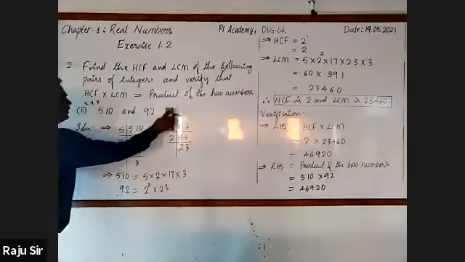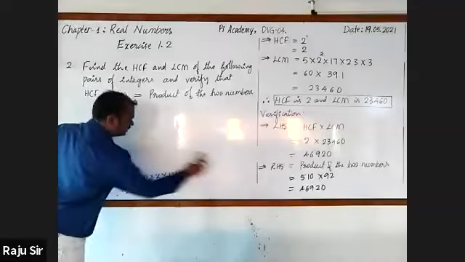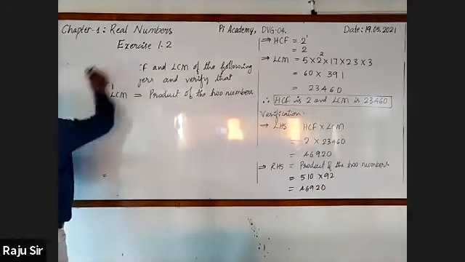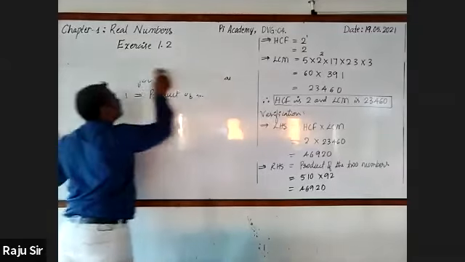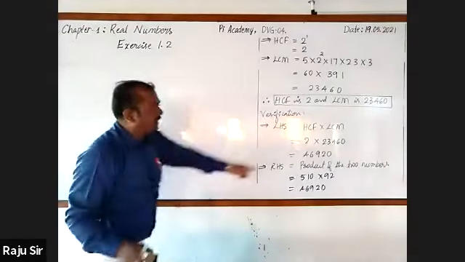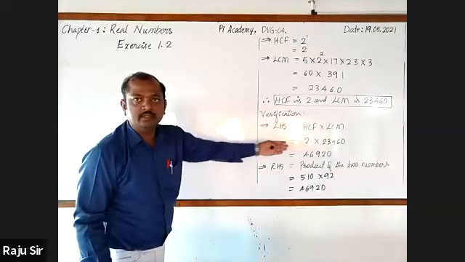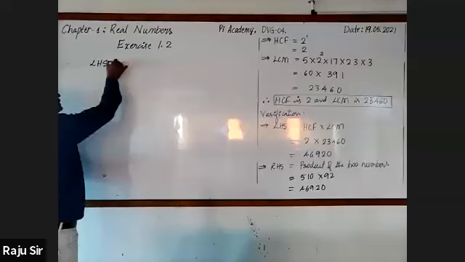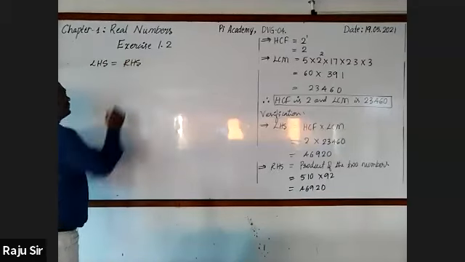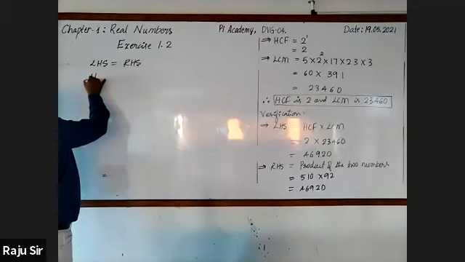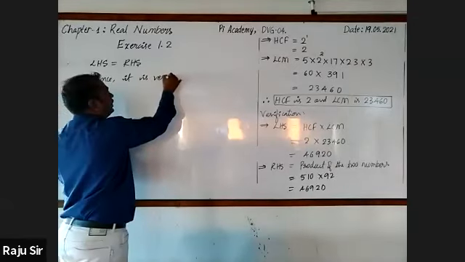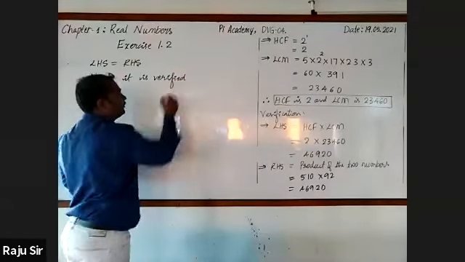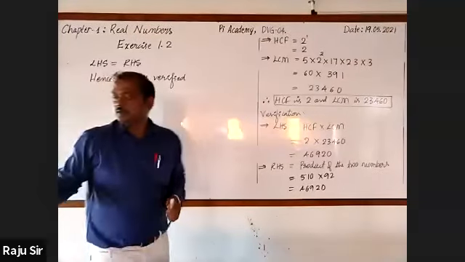Next. Just let me go for comparing. LHS part is 46,920. Even RHS is also 46,920. I can write LHS is equal to RHS. Then write the final conclusion and hence it is verified. Hope you have written.